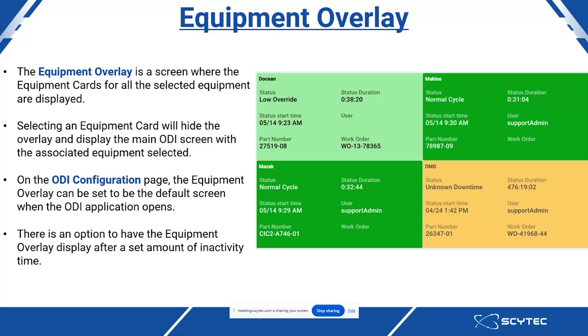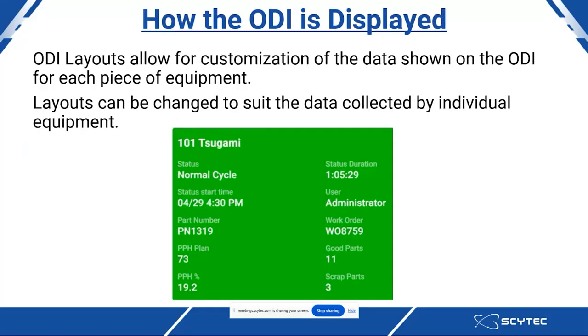On the ODI configuration page, the equipment overlay can be set to be the default screen when you log into the ODI, and that will automatically open. There is also an option to have the equipment overlay displayed after a set amount of inactivity time. And this is some of the things that you can do inside of the configuration that I'm going to be showing you later on,